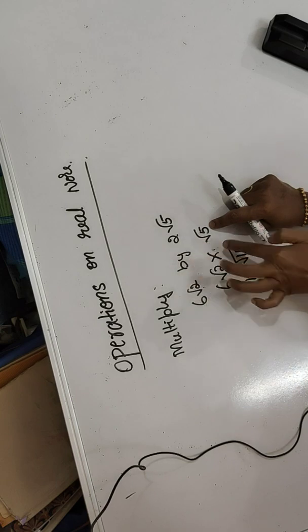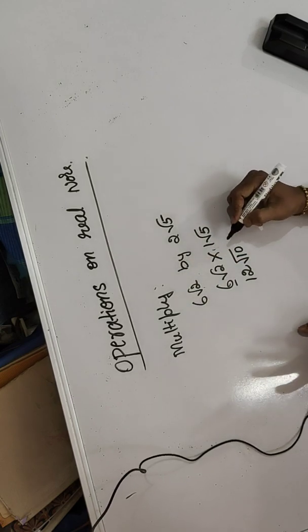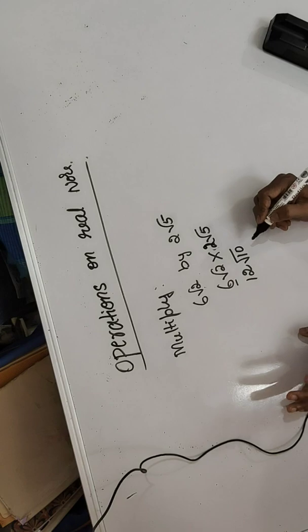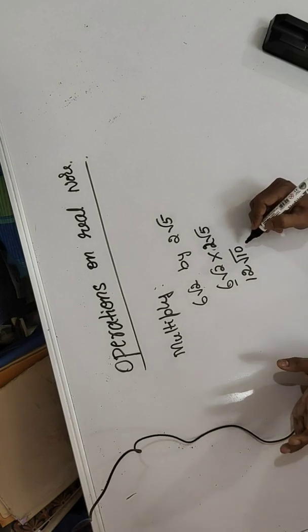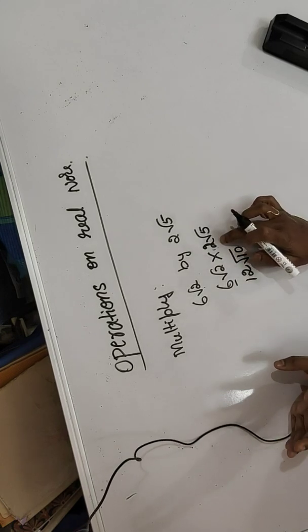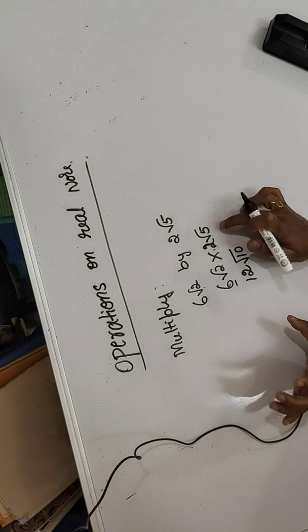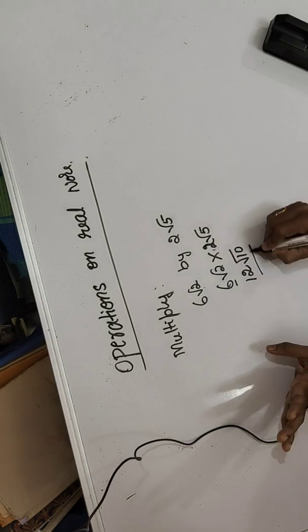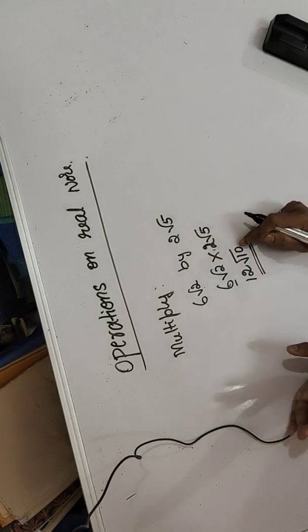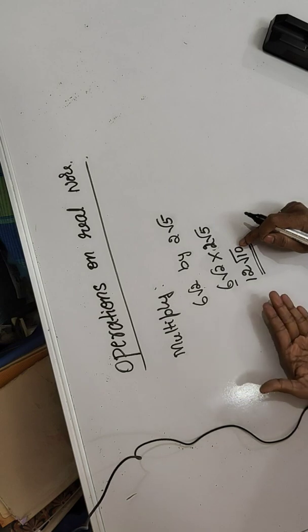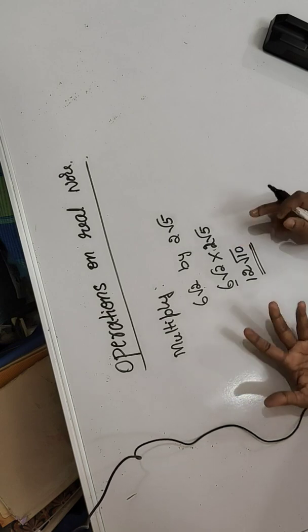If the whole number is not there, you must consider it as 1. Now it is here it is there. If it is not there, you must consider it as 1. So outside number, outside only you have to multiply. Root inside number only you have to multiply. That is the condition here. If it is possible to simplify, you can simplify, but 10 is not a root number, so no need.